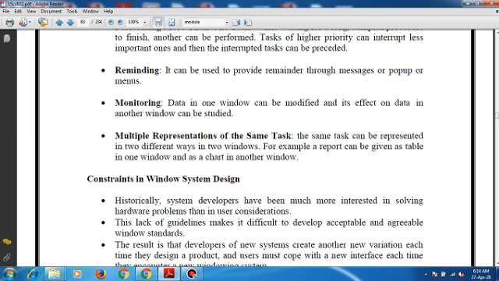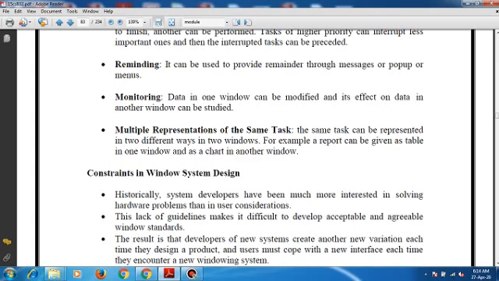Because of this, the developers of a new system simply create another new variation. Whenever they design a new product, they come up with a different solution, a different approach, a different mechanism to interact with that system. Because of that, users have to cope with the new interface each time, and they have to spend a huge amount of time to learn the new system.